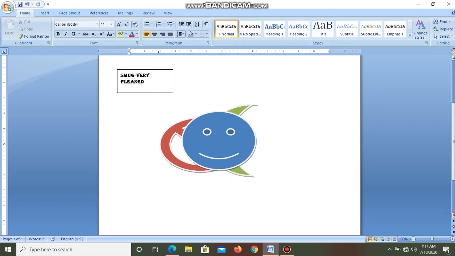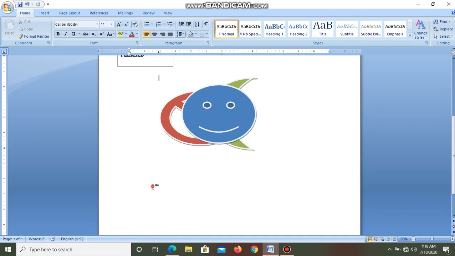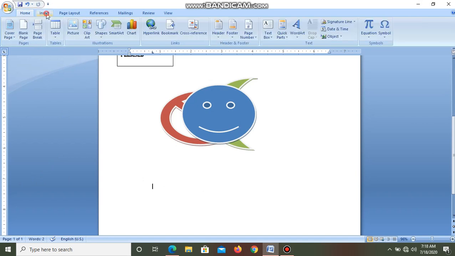Now you can also insert pictures from clip art. Clip art is the storehouse of ready-made pictures.